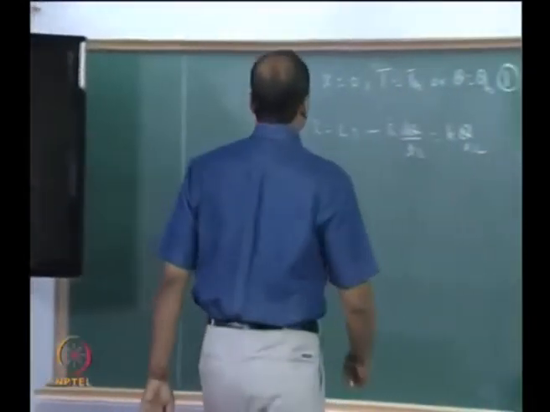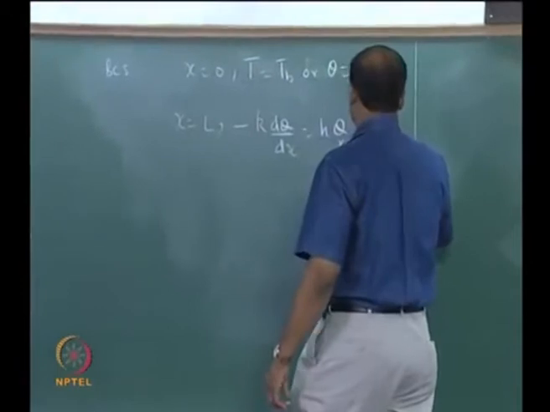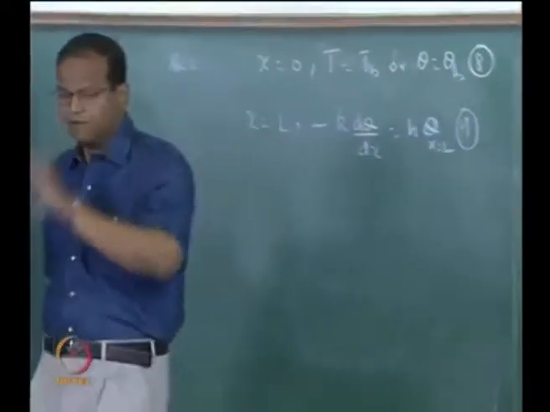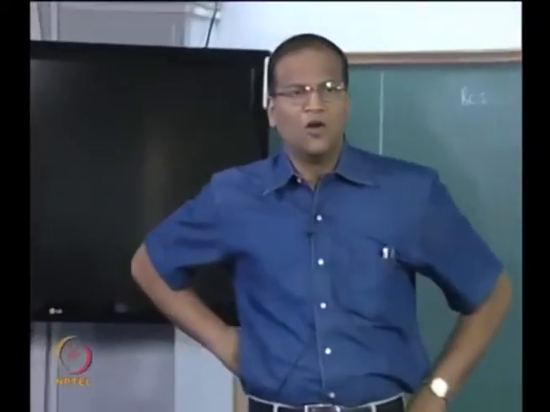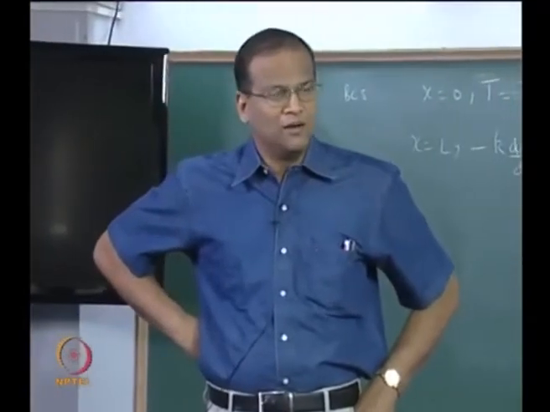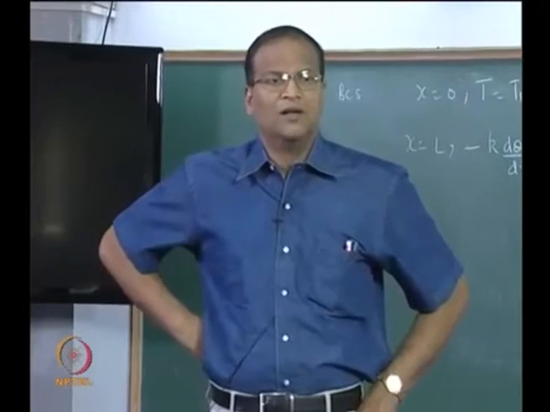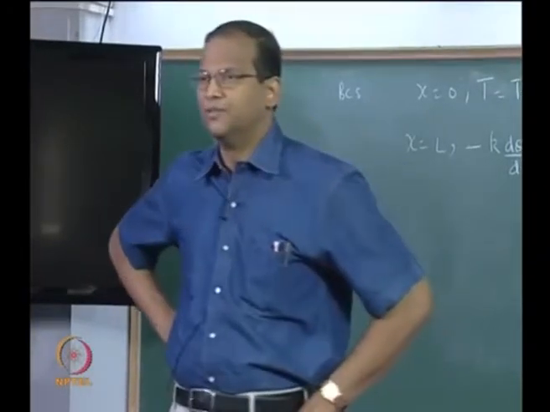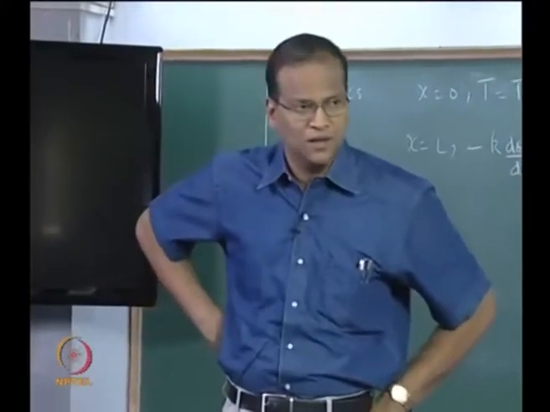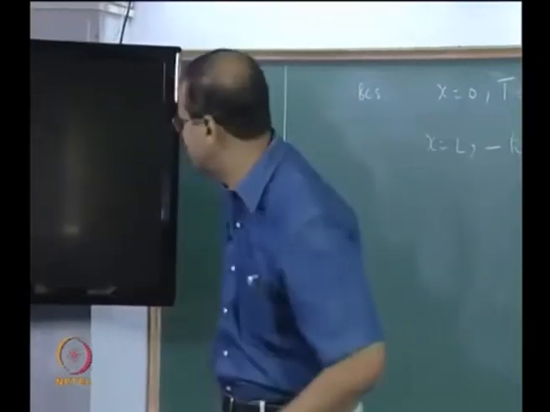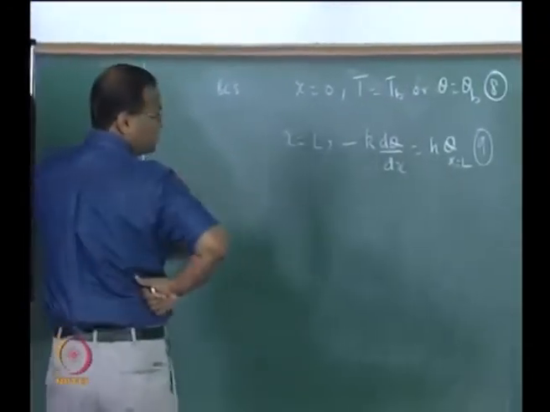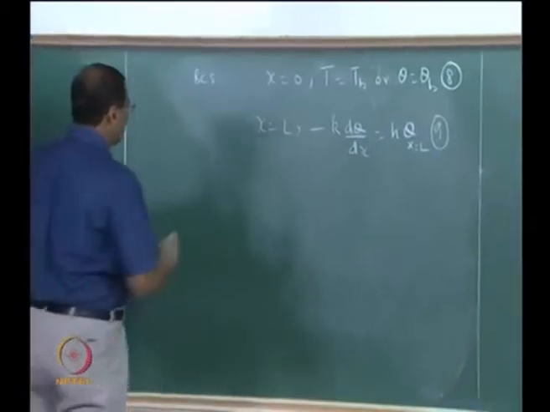That will be equation number 9. So the fin equation given by equation number 7 along with the two boundary conditions 8 and 9 close the problem mathematically. It is now possible for us to write a general solution to the problem and apply the two boundary conditions and find out the solution, right. Let us do it now. So the general solution to 7 is given by